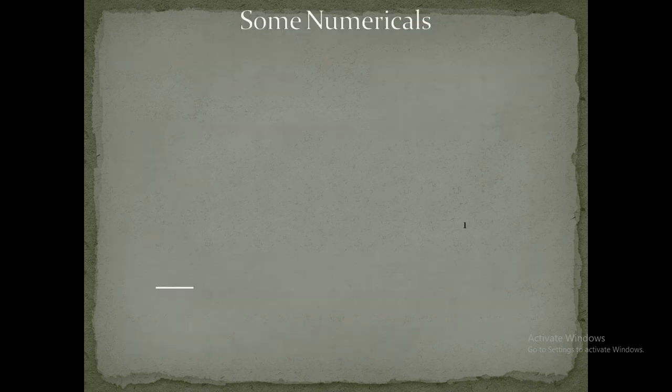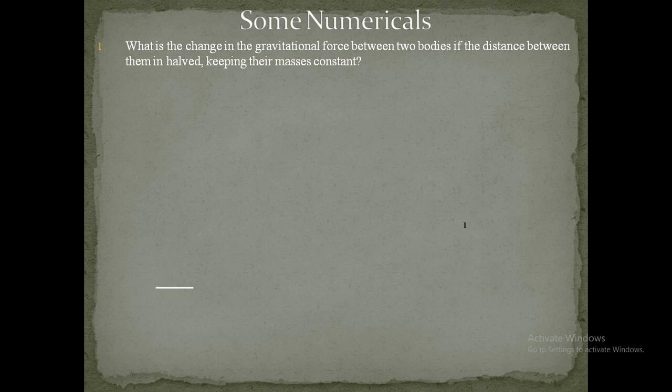Okay, now we'll be moving towards the numerical problems. Here I have given you one numerical. Let me read it. What is the change in the gravitational force between two bodies if the distance between them is halved, keeping their masses constant? The question